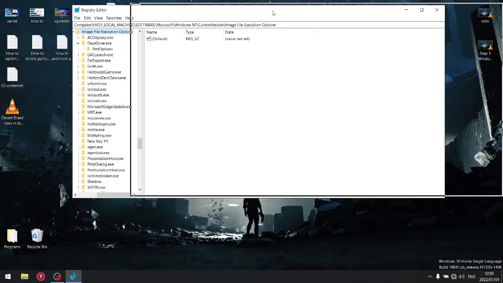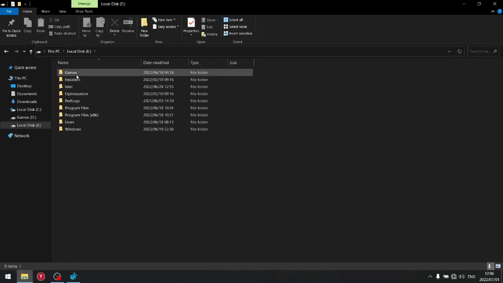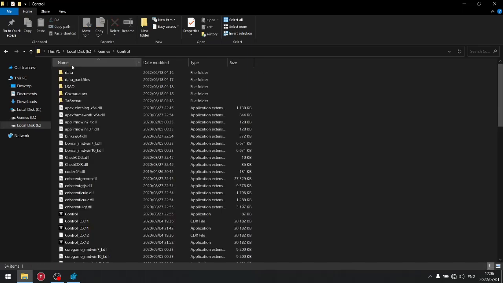So find a game. My game is going to be Control, because I need to set it into high priority still. So Control_DX11, that's the file that I use to run Control. So that's the executable file. So it's going to be